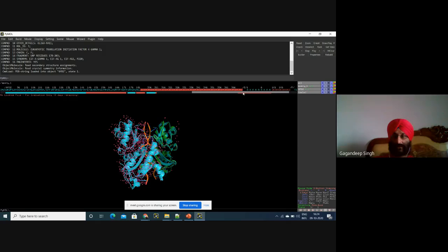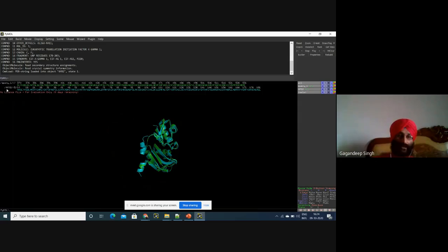For chain E, we'll remove these atoms. Remove. Okay. Now, here template with chain D and our query.